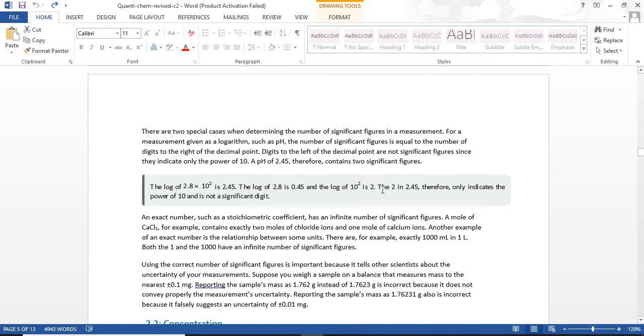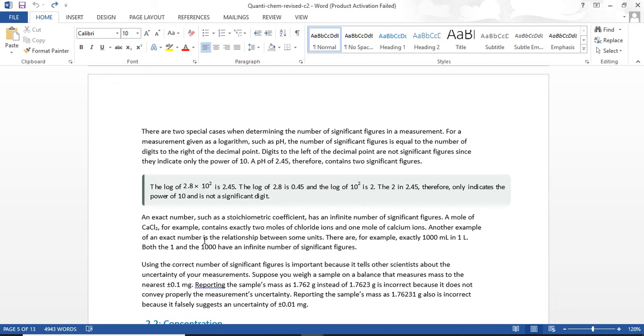Okay, the exact number such as your stoichiometry coefficient has the infinite number of significant figures. A mole of your calcium chloride, for example, contains 2 moles of your chloride ions and 1 mole of your calcium ions. Another example of the exact number is the relationship between some units. There are, for example, exactly 1,000 milliliter in 1 liter, and both 1 and 1,000 have infinite number of your